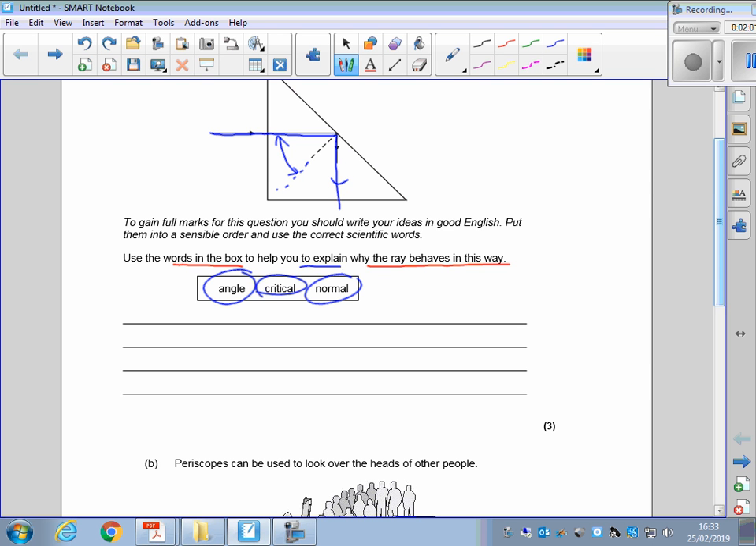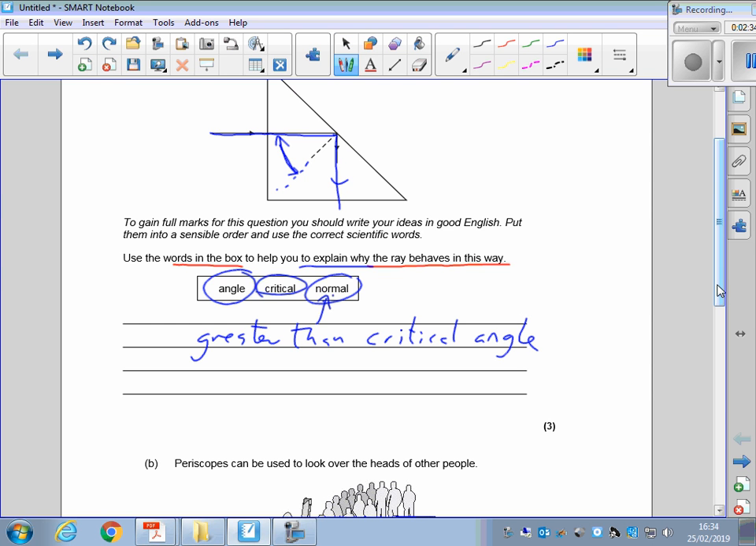So in explaining what's going on, we would need to say that our beam of light, or our incident ray, or the light traveling through the prism, if the angle that it hits the surface, measured to the normal, is greater than the critical angle,